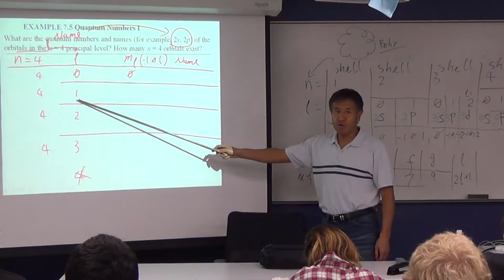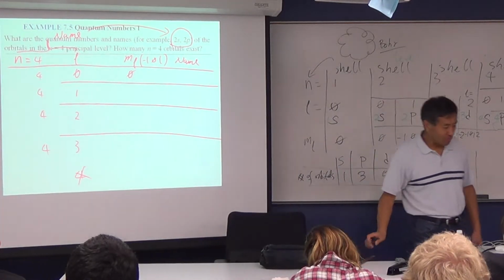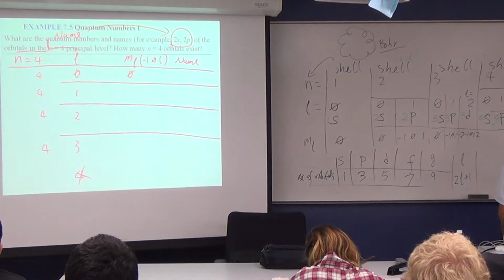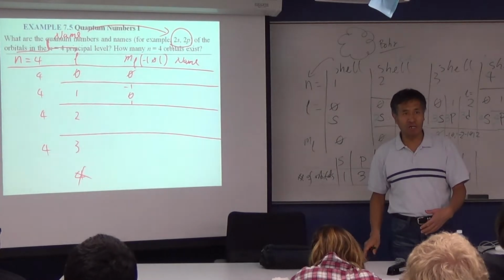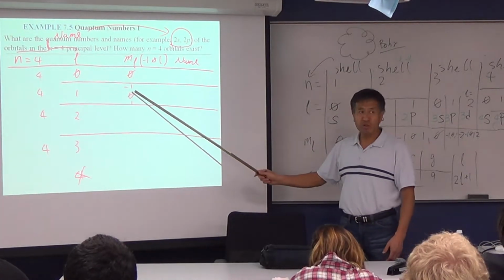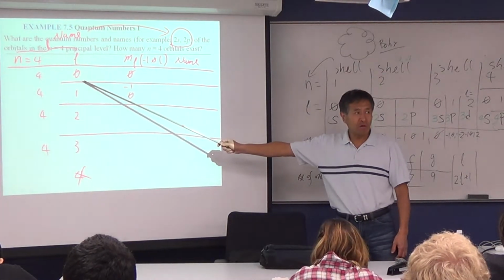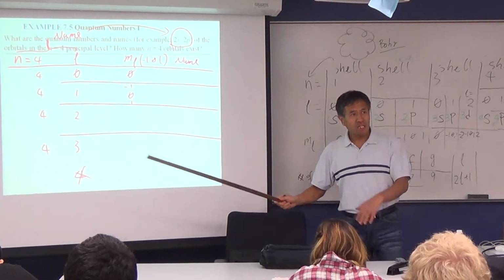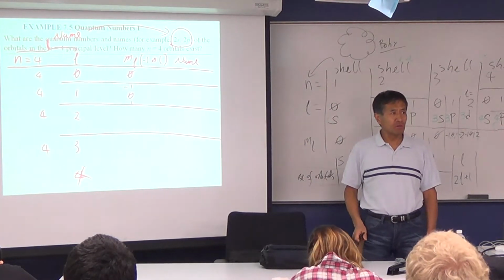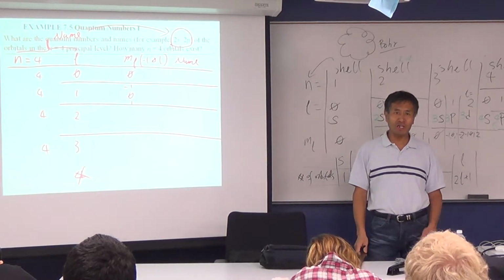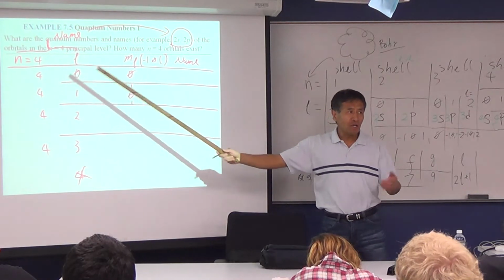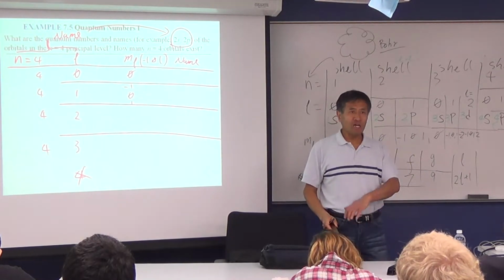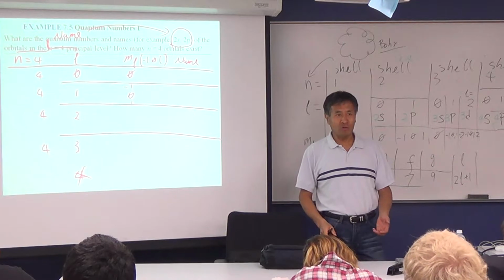So if your L is 1, then what are the possible numbers for the ML? Negative 1, 0, and 1. Now that's sometimes confusing again. So there's not a one-to-one connection. So 1 L gives you 3 ML, while the other 1 L gives only 1 ML. But that depends on what your L is. So you just have to accept that. If you tell me your n is 1, you only have 1 L and you only have 1 ML. Then everything is 1 and 1.